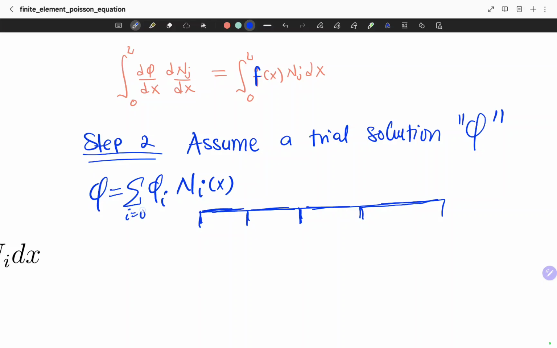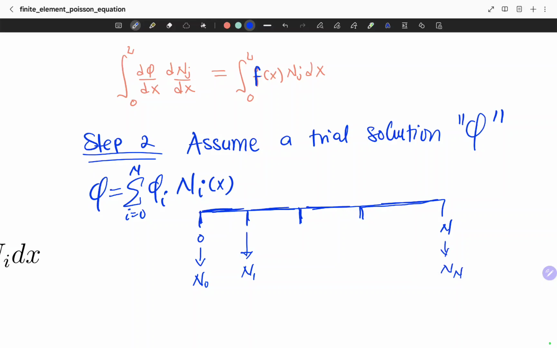So I is from 0, so this is node 0, this is node n, so node 0 to node n. That's what we are going to do, so that at 0 you have N0, at 1 you have N1,